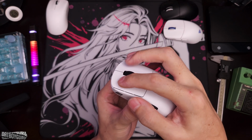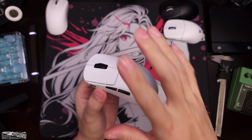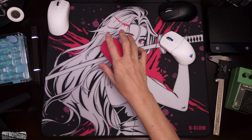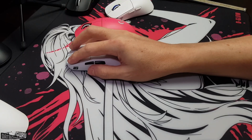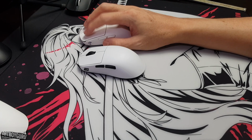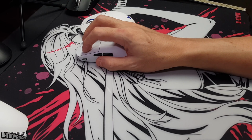Number one are those optical switches in M1 and M2. They are absolutely terrible. If you compare them to a Ninjutso Sora, they are certainly better than the opticals on the G Pro Superlight, much nicer than the G Pro Superlight. But once the Sora showed up and showed you how nice an optical implementation can be, then you begin to see, oh okay, the OP1we optical switches aren't that great over here. But